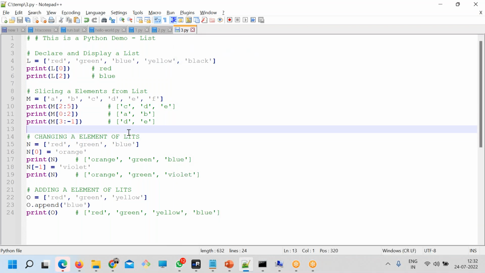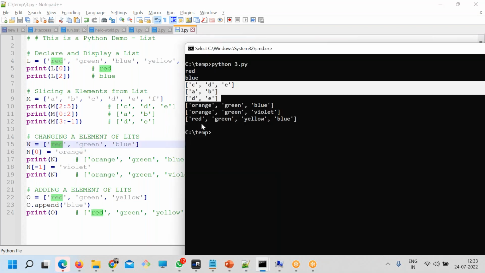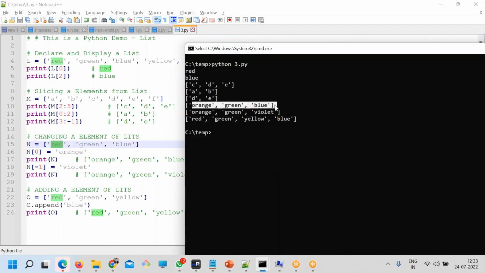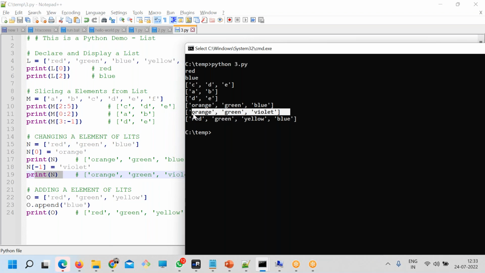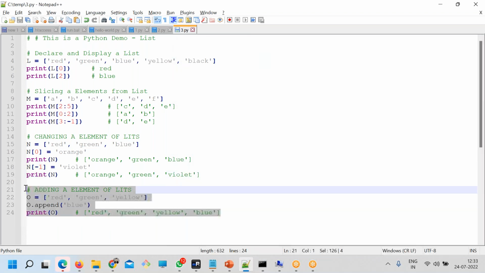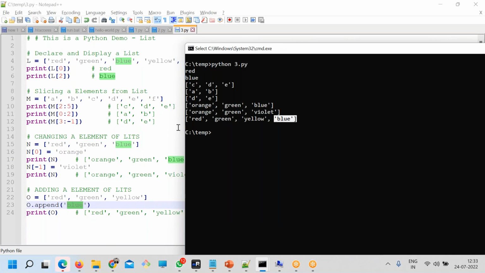Here you're changing the element of the list and printing N, so N is equal to orange. Earlier it was red. And here this is the last one: orange, green, violet. And here you are appending one, which is blue.